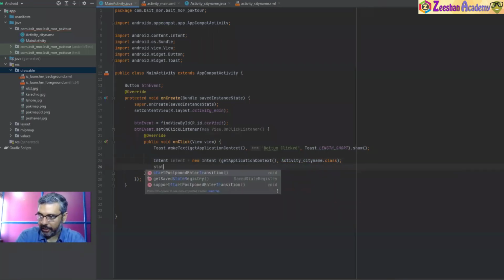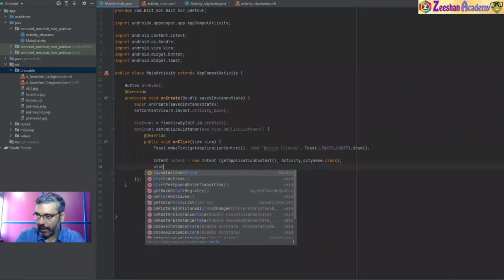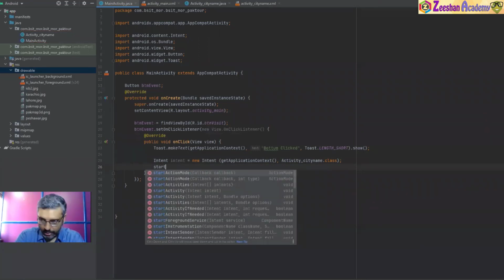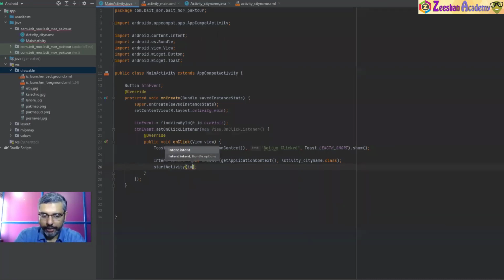ठीक, startActivity, this one, और intent। ठीक है,